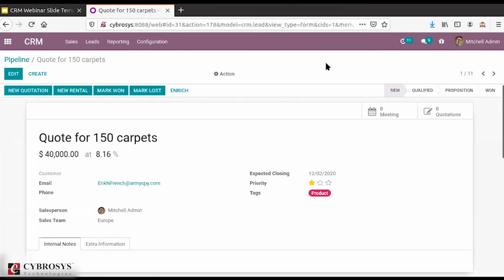Other related modules like accounting and inventory I have not installed. That's why it's showing an error. So basically with Odoo 14, this is the new feature from which you can add rental orders from the opportunity itself. That's the new feature brought in Odoo 14 CRM.